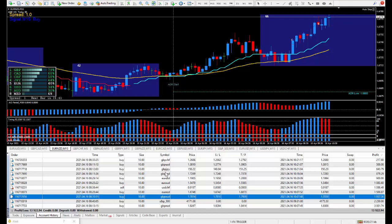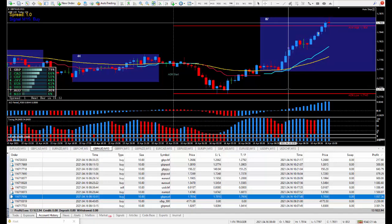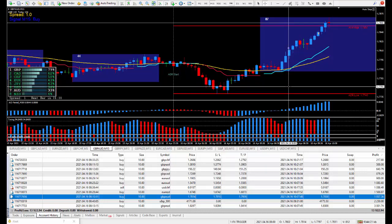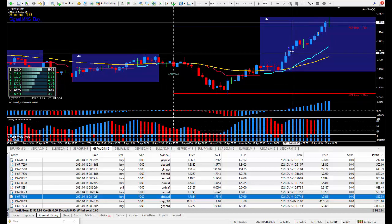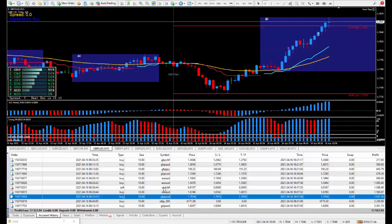Moving on to the next pair, Pound Aussie. Drag and drop it up, see where I got in at. Another one screaming, a great way to trade. I knew absolutely with at least minimum 95% sure certainty I was going to get pips. And I ended up closing the trade here. Looks like 24 pips. And 24 pips on the Pound Aussie paid